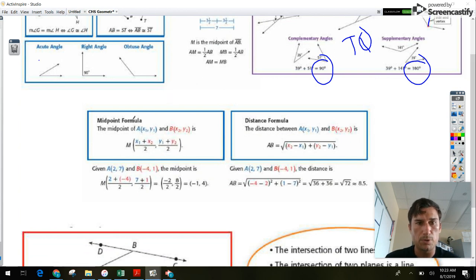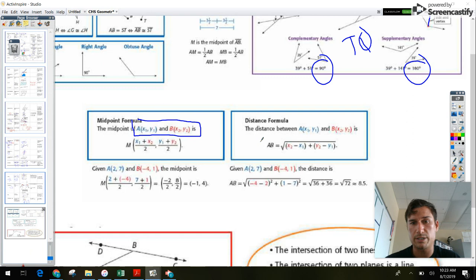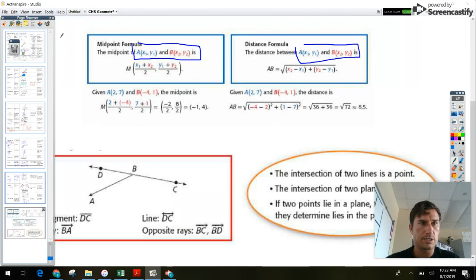The midpoint formula: you take 2 points and you plug them into the formula. So we're taking the average of the points, and we'll work on that in class. The distance formula pretty much breaks down to the Pythagorean theorem to find the distance between 2 points, and it's very plug and play. So we take 2 points, we plug them into the equation. And down here,